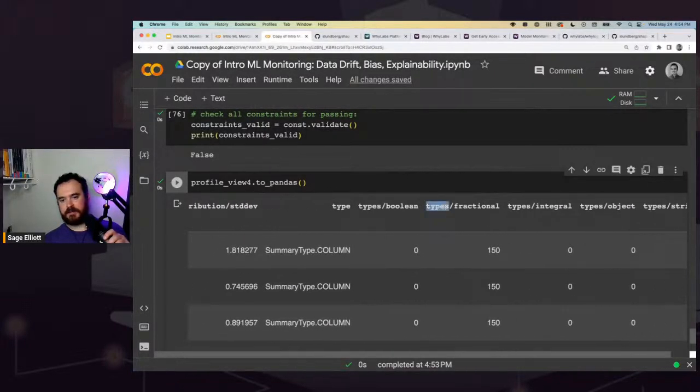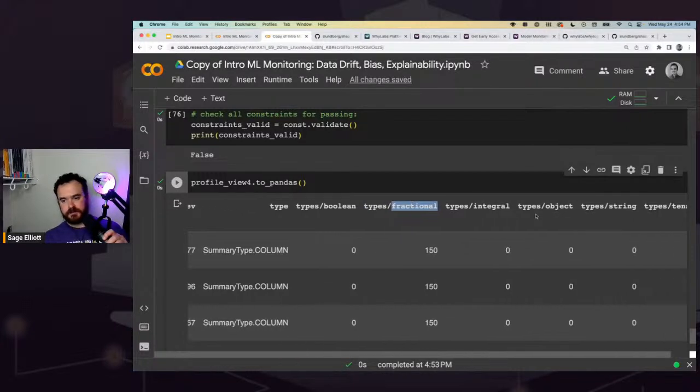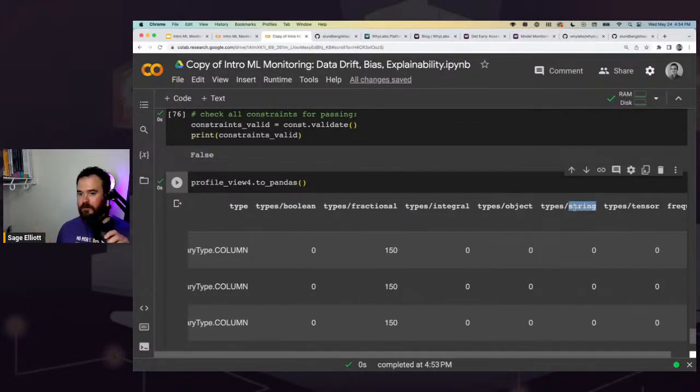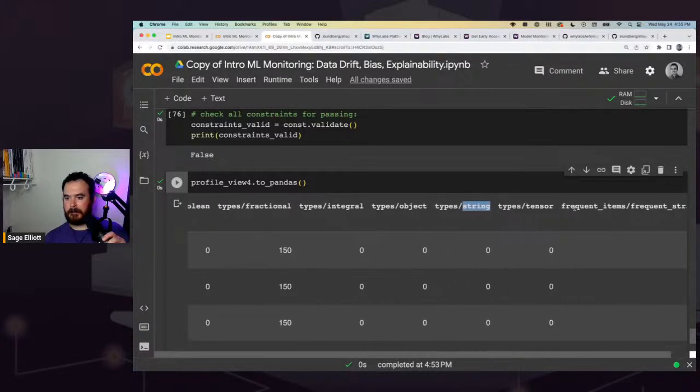And if you want to do types instead of distribution, you would change that word out with types, and you could say fractional. For example, maybe we know we never want a string value to make a prediction for KNN. In this case, the way it's set up would definitely throw an error. That is good that it would throw an error for us and probably nothing would move forward, but we might want to set unit tests for that as well and catch it earlier.